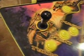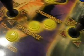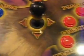And of course, this cabinet uses the 49-way optical joysticks. The circuit board kit inside can be set so it can use 8-way joysticks and run on a standard resolution monitor, but even the monitor inside is a medium resolution, and it's supposed to be a 27-inch. Doesn't look much bigger than a 25-inch in my other cabinets, but I can tell the bezel is a little bit wider on these 25-inch than on this one, so I think it probably is truly a 27-inch. I've never measured or anything, but